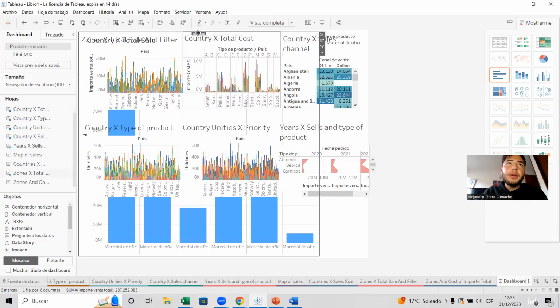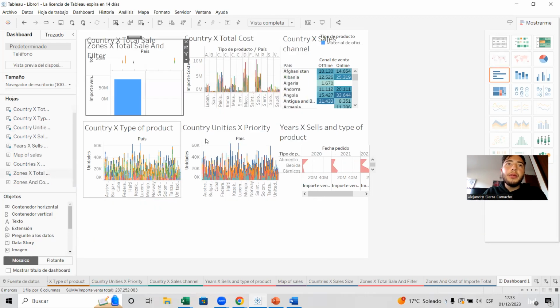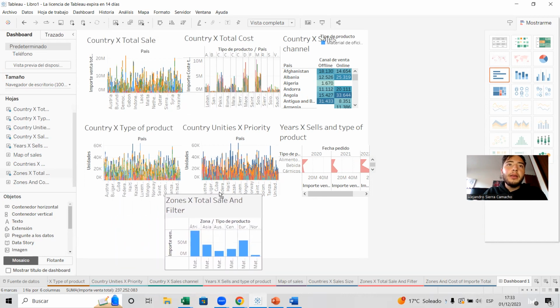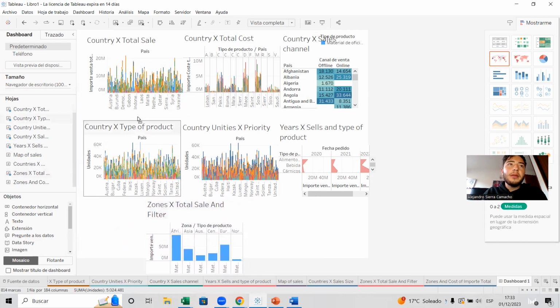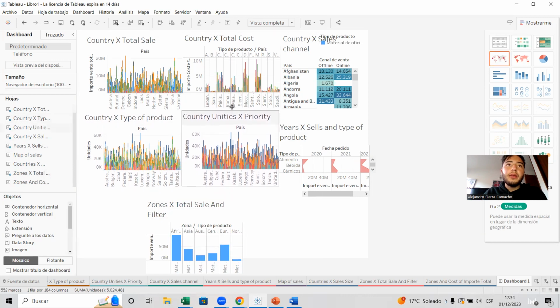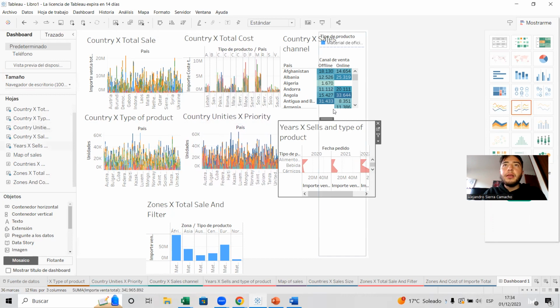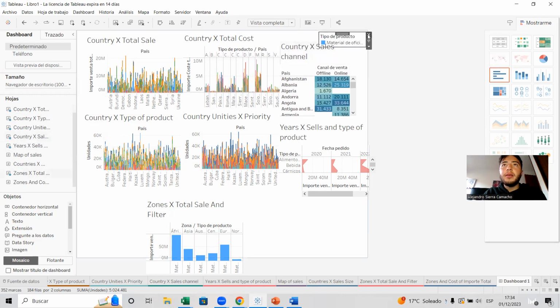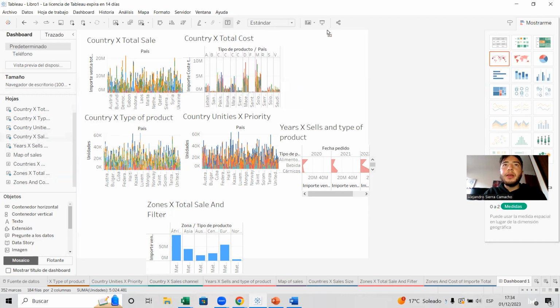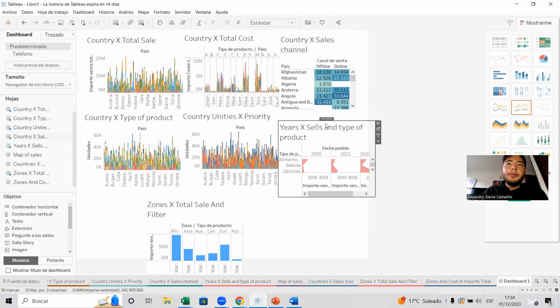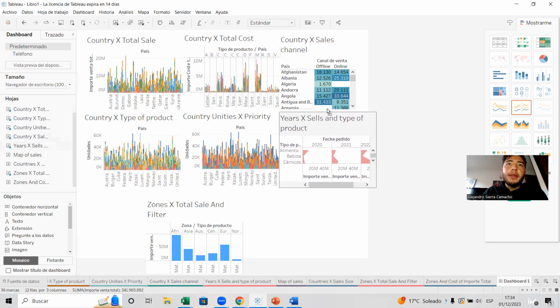So we're going to check these two for this dashboard and do it this way. So let's move these two onto this dashboard. Okay, it looks great. Great. So let's move it